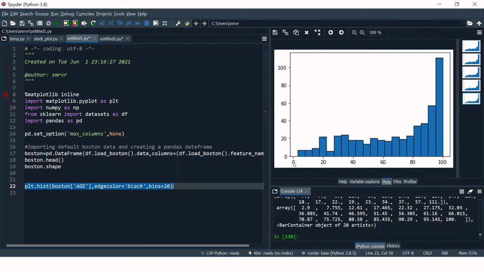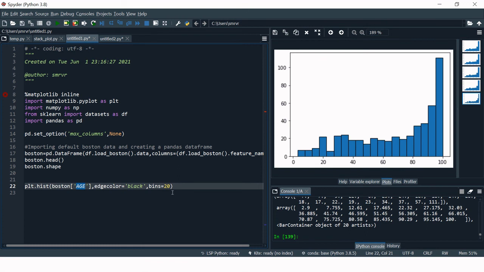Now here you see it is showing a default interval of 0 to 20, 20 to 40, 40 to 60, 60 to 80, and 80 to 100. So it is taking the range. In the age variable, the minimum age is 2 years and the maximum age is 100 years.